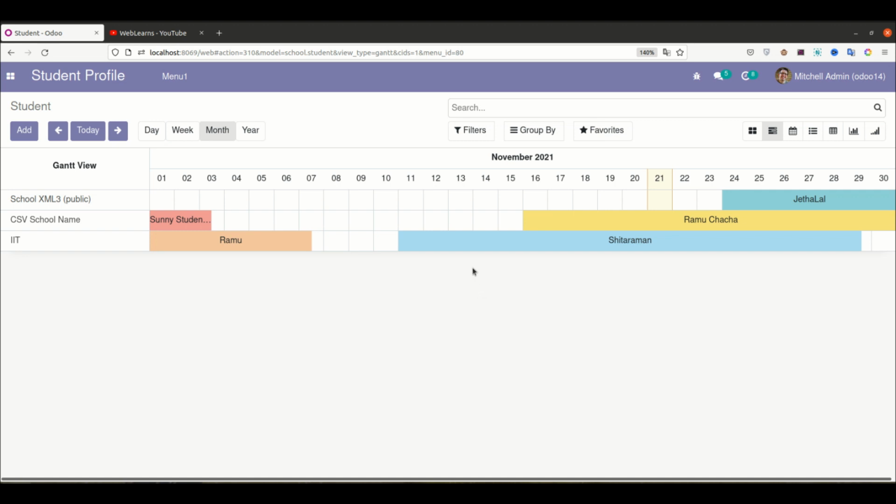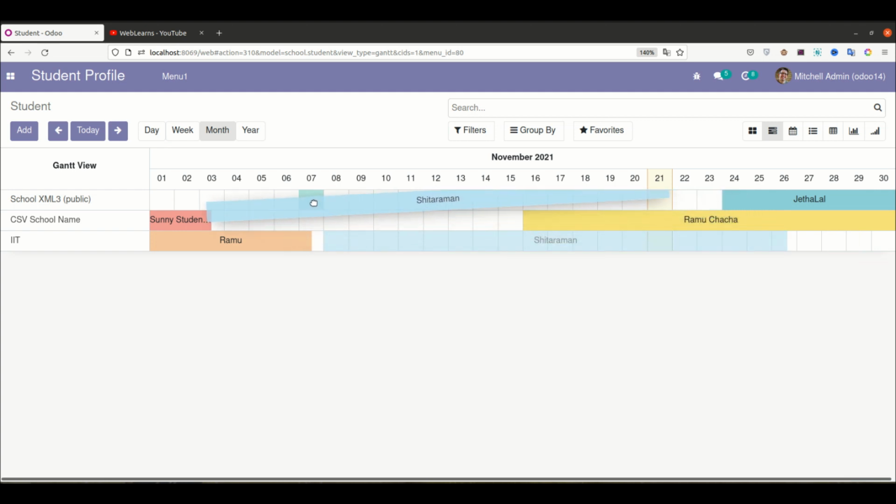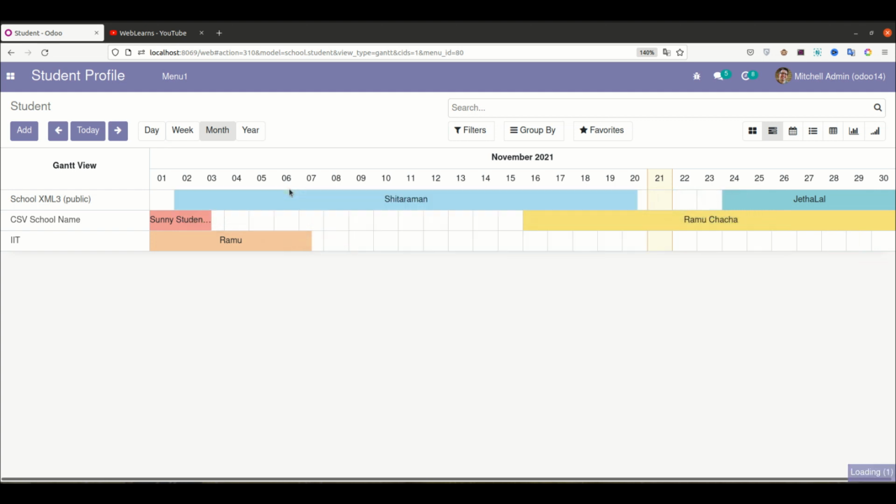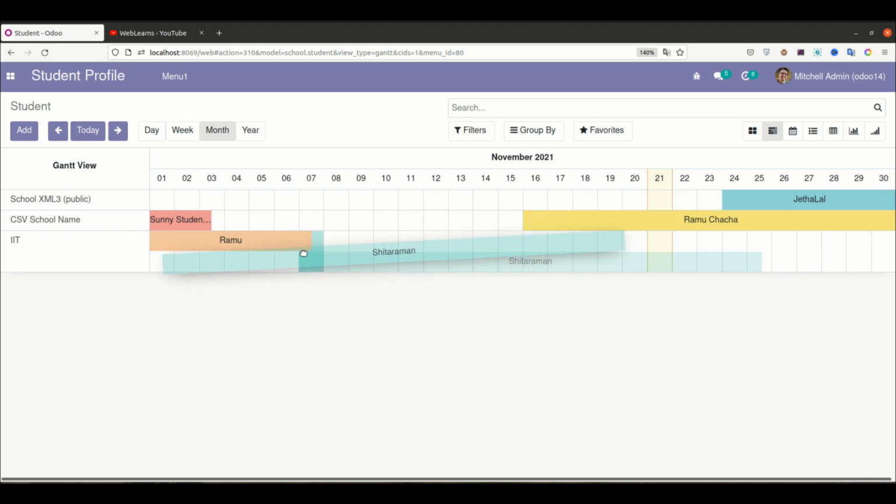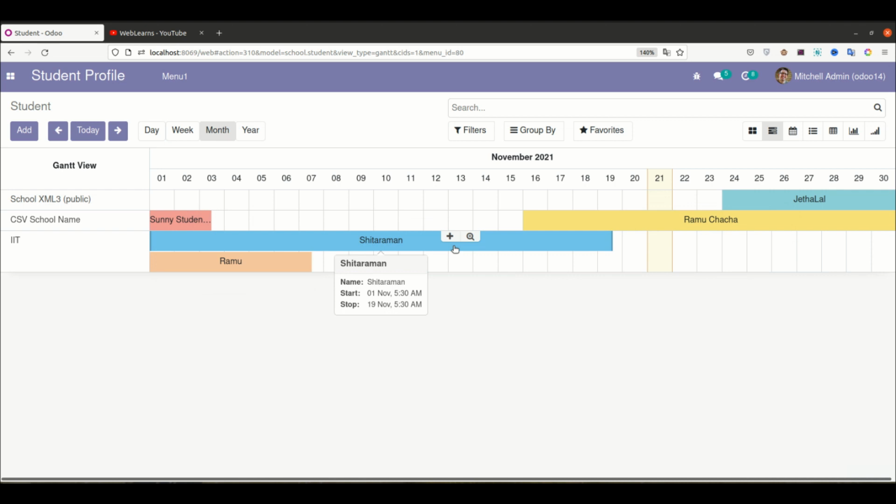Let's say if you want to drag and drop the record from here to here, it is also possible. Let's say I want to see this record here, so it will automatically change the date also, the 2nd November to 20 November. Alright, and if I want to display here, or display here, it is also possible.